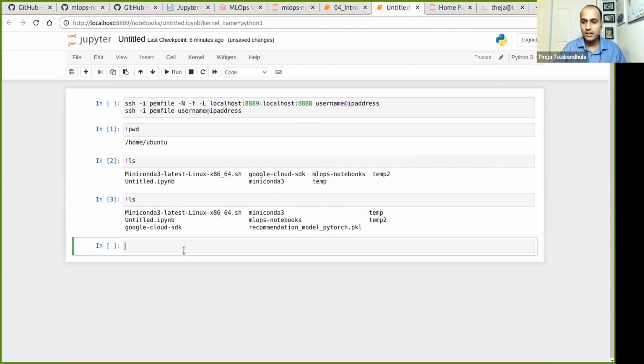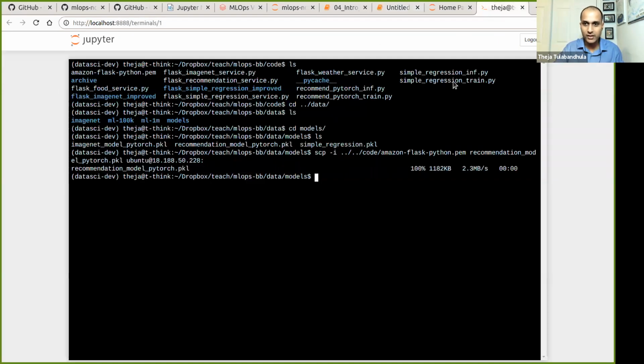Now I only pushed things from the local machine to that side. Let's say I want to copy something from there to here. Then what would you do? You will still be on your local machine, so don't worry about the server. You're still on your local machine, and you just need to reverse a few things.